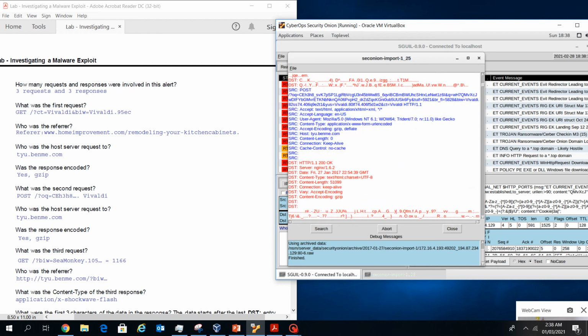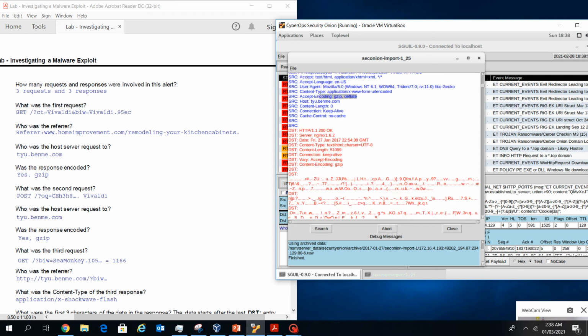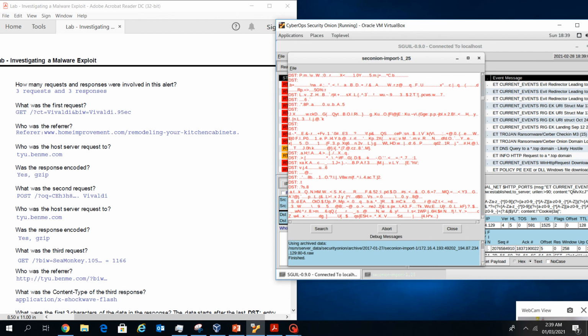We need to go to the second request here. This is more of a POST request. So we have one GET, one POST already. See the request, I just put a summary of it. The host server is the same, using TYU BNB. And similarly, they will have a gzip request. And then the third request, you can see here,